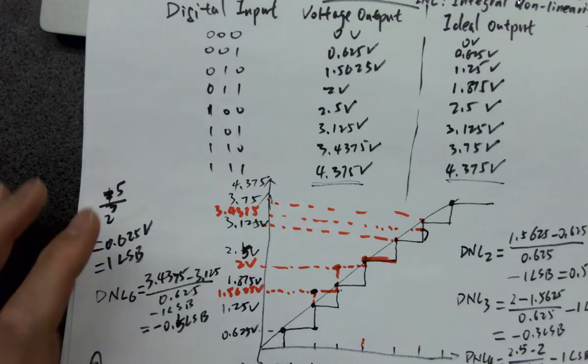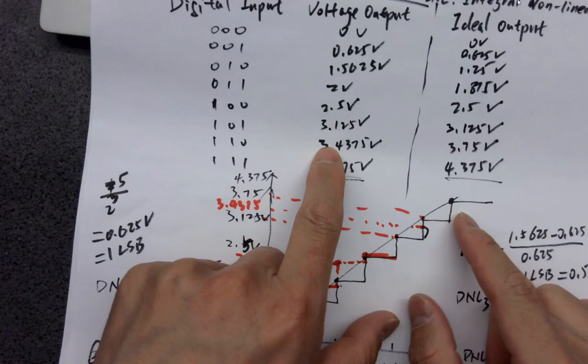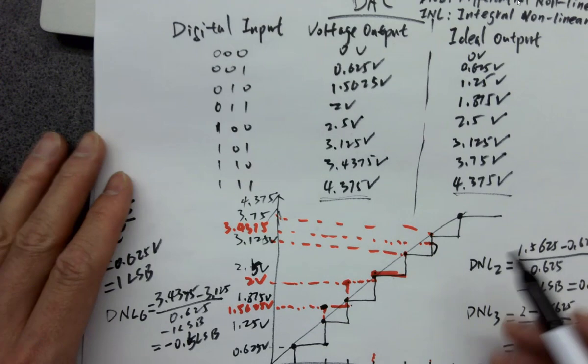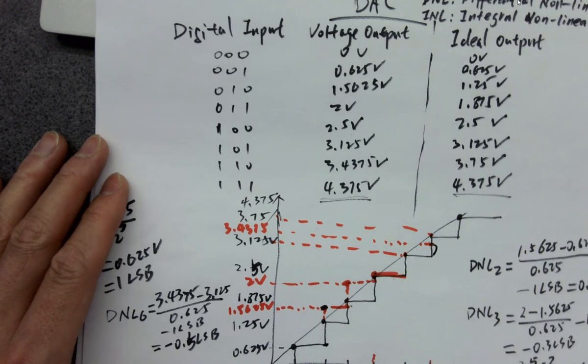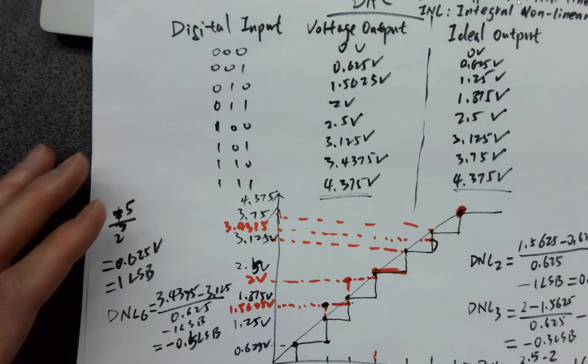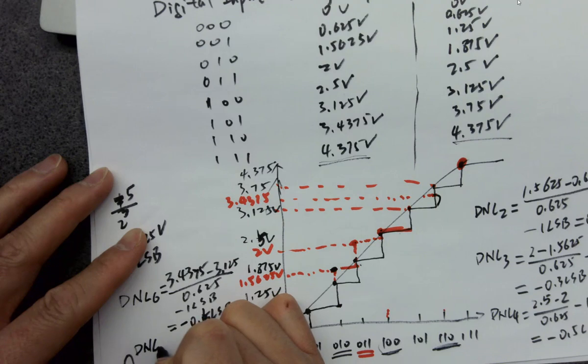Even though the final output is fine, the step size is weird because the previous one was off. So for the final one, it reaches this point, which is okay for the absolute value, but it has a DNL here. DNL 7